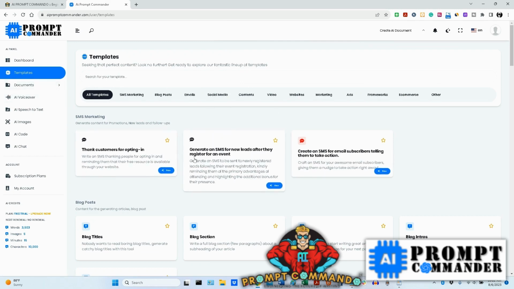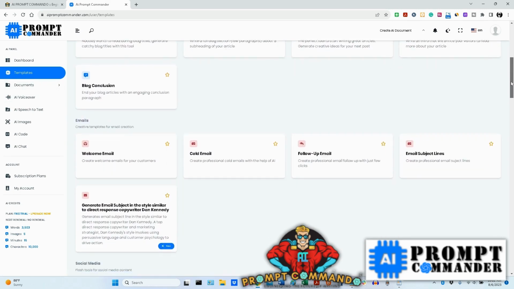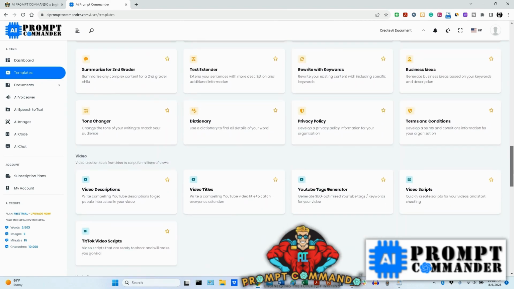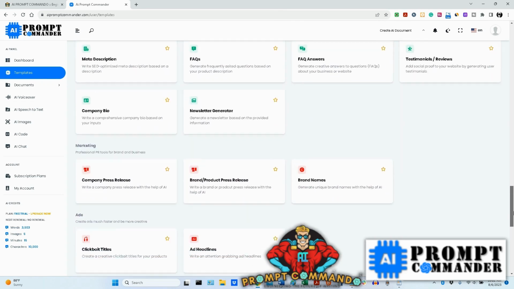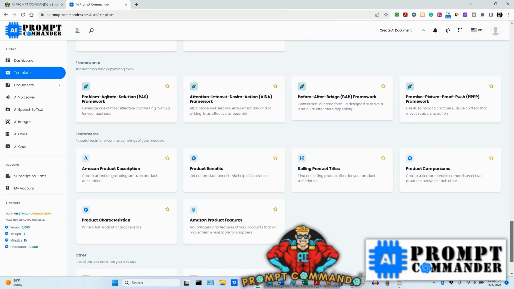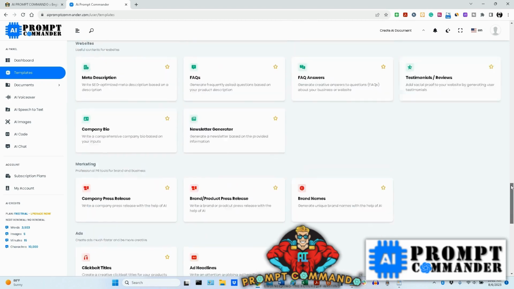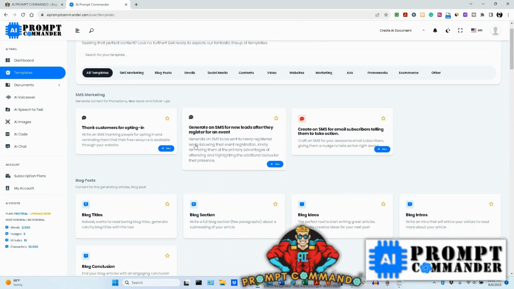Okay, so now that's the regular templates, and like I said, you have tons of templates, all this stuff here. You got emails, you got social media, you got content, you have videos, websites, marketing, ads, frameworks. And if you can think of something that you need help with or you don't see on here as far as the subject, please email me, and I'll be more than happy to put a prompt together and get it up there as a template. But this is just based on my research with everybody that's been using OpenAI, manually typing in stuff, trying to get results there. All right, so quickly, let's go on to here.